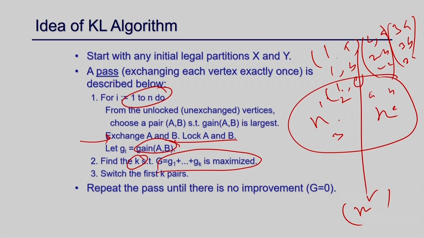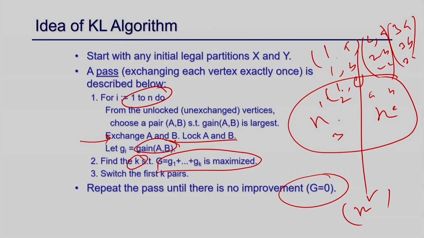After this iteration you have another solution, and then you keep doing this until I do not find any improvement. So this is one iteration. The overall algorithm is like this: I make an initial partition, then I do n swaps, based on the maximum gain to minimum gain, and then I take only k gains, which is k swaps whose total summation is positive, and the others I discard. After that I get another solution, so the cut size will be improved. Then I do the same process again, unless I do not find much improvement. So this is just the idea of the Kernighan-Lin algorithm.